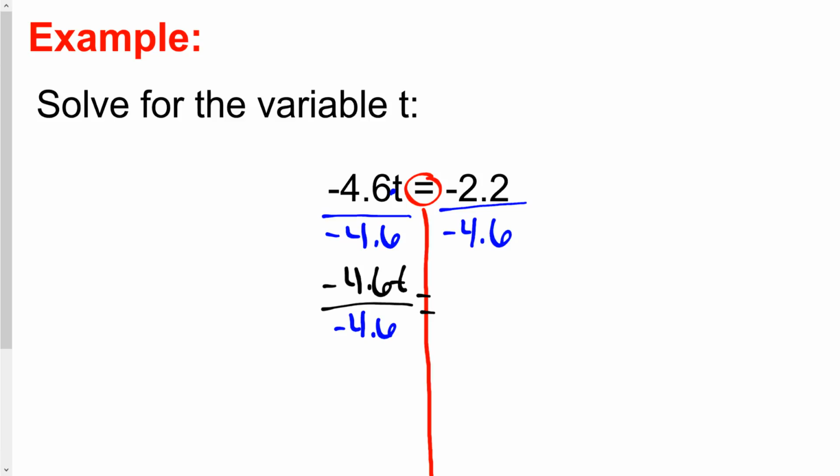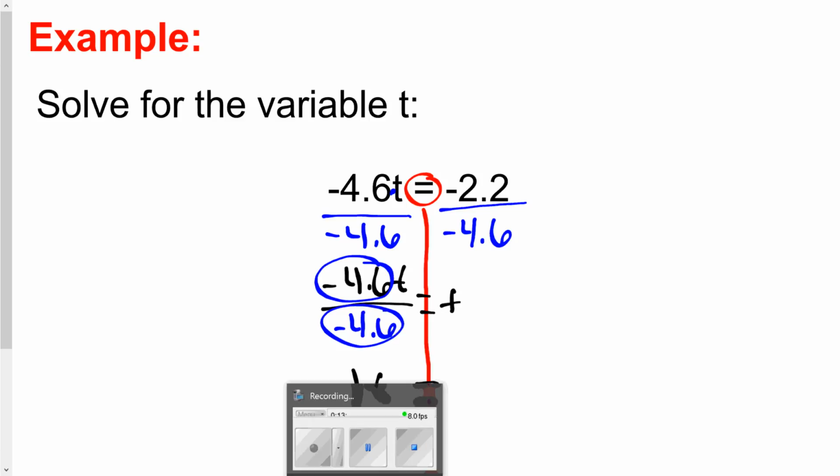Well, this one could be kind of nasty. If you have a calculator, though, it might even make it easier for you. Okay, how many times does 4.6 go into 2.2? That's what it's asking. It's kind of a nasty number there. We know it's going to be positive, and it looks like it's going to be just a little bit above a half. So here I am on the left-hand side. I'll finish that first. We know that negative 4.6 divided by negative 4.6 is going to equal 1t, and that's going to equal